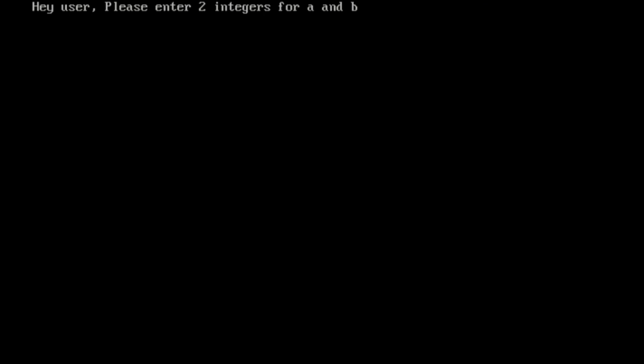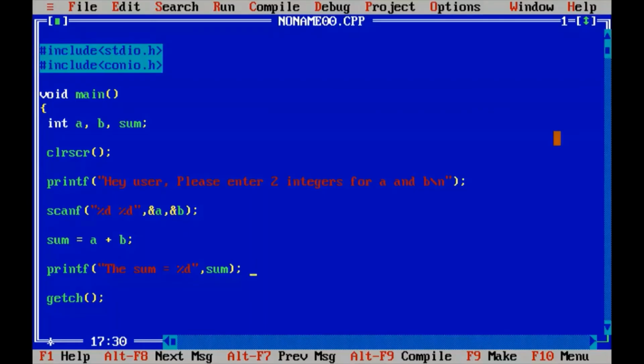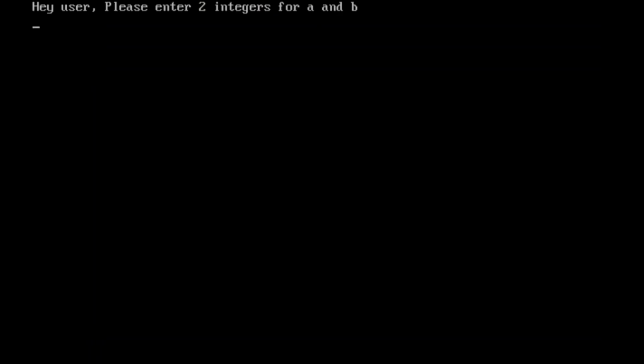So here it is asking me, hey user, please enter 2 integers for A and B. So it's asking me to enter 2 values, which is good. So I'll enter 6 and 7. So the sum is equal to 13, which is correct. So I'll run this program again and I'll show you how to input numbers.